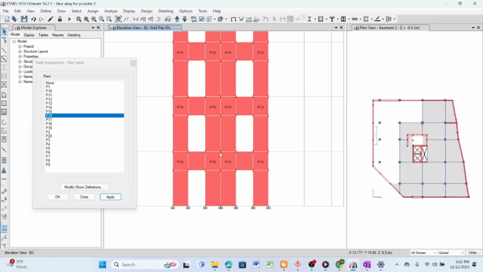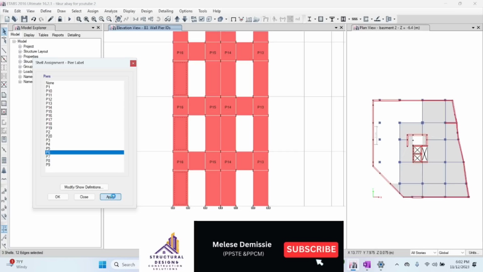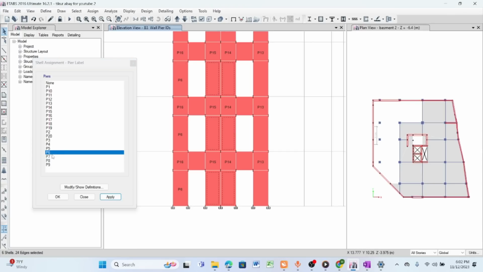And so now select it, assign P6 because it was not previously assigned with P6. So here go to D6, apply, and select this one also,